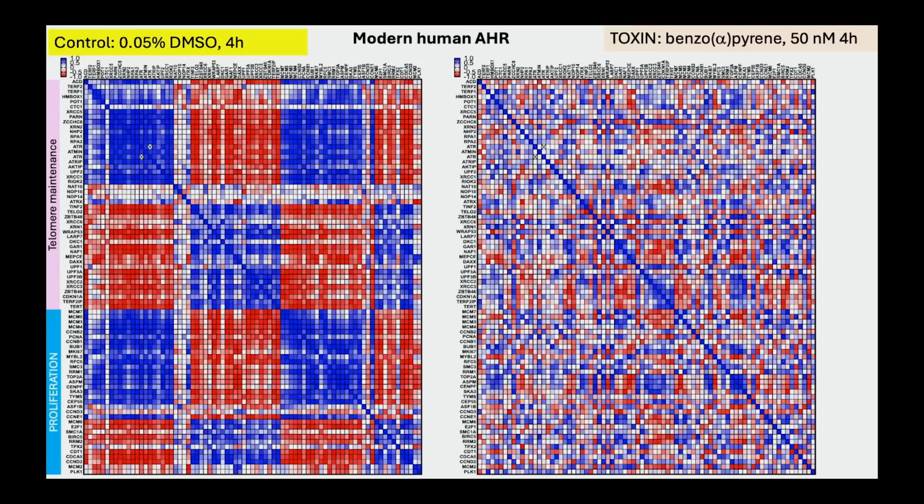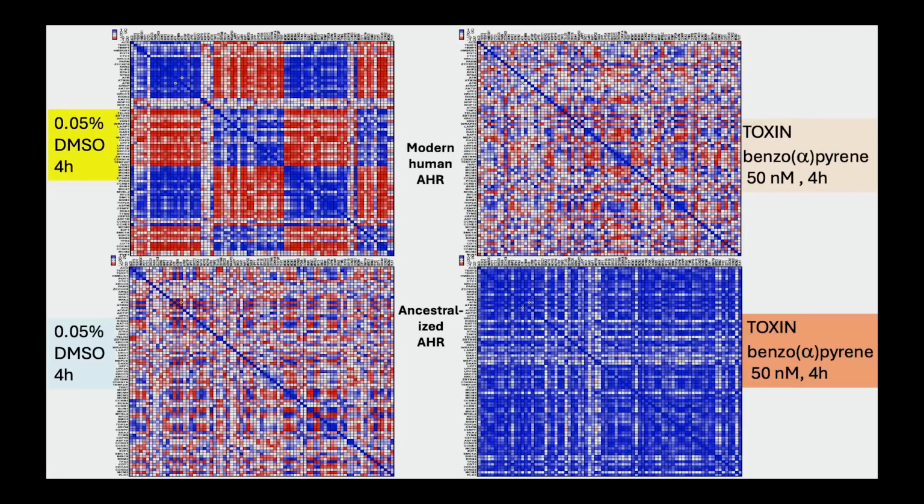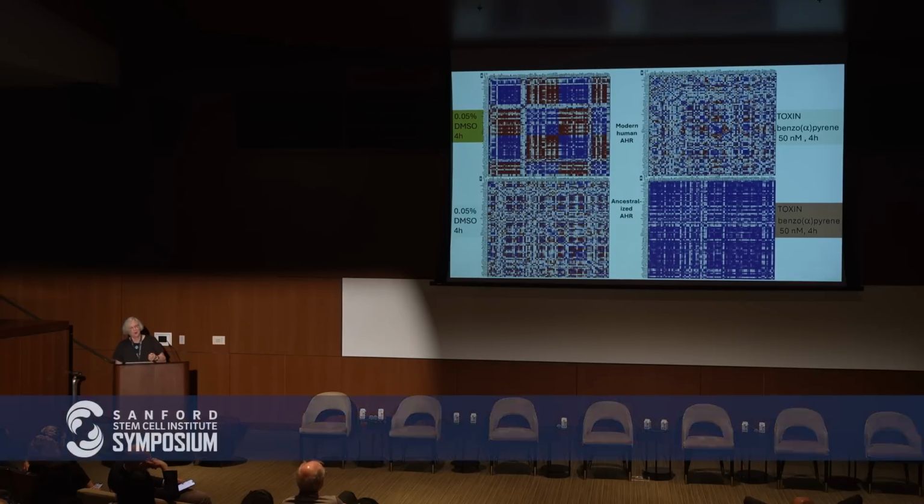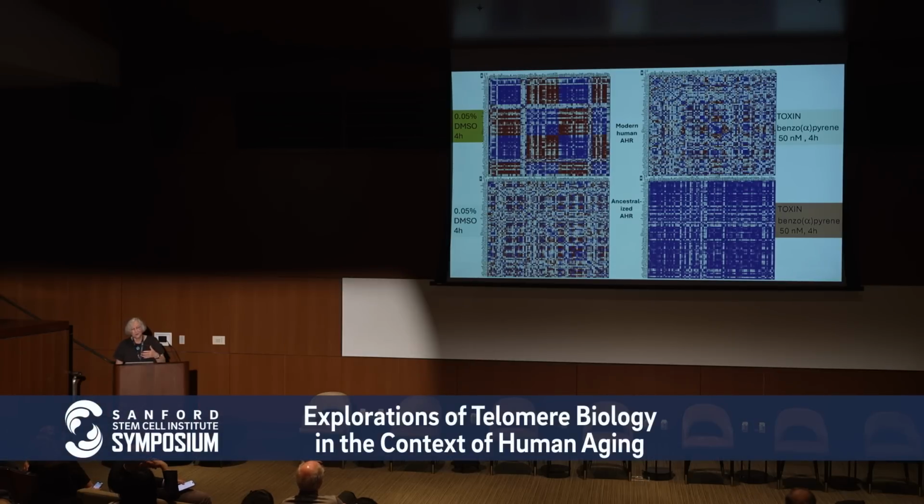But what's fascinating is that when you subject modern cells to a nasty toxin, this benzo pyrene compound, which causes all sorts of damage in cells, this is what you get. So this is the normal modern response. And now we look at the ancient response, and you get this tremendous turn on of all sorts of genes all at once. So in other words, there's a terrific response. They're super sensitive to this damaging environmental toxin in the ancient form, but the modern form is much more resilient.